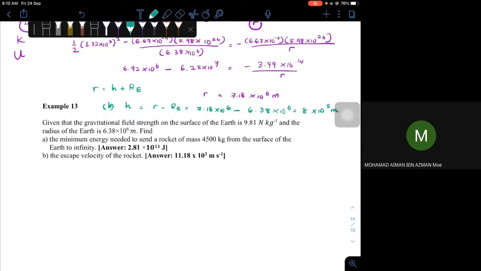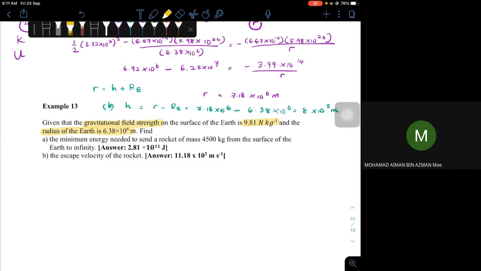Okay, so given that the gravitational field strength on the surface of the Earth is 9.81 Newton kg negative 1, gravitational field strength ni adalah gravitational acceleration lah, okay? Yang 9.81 ms negative 2 tu, equivalent to unit Newton kg negative 1 sama je. And the radius of the Earth is sekian, okay? So dia kasih kita dua information over here. Gravitational field strength, this one, and then the radius of the Earth is this one. So find the minimum energy needed to send a rocket of 4,500 kg from the surface of the Earth to